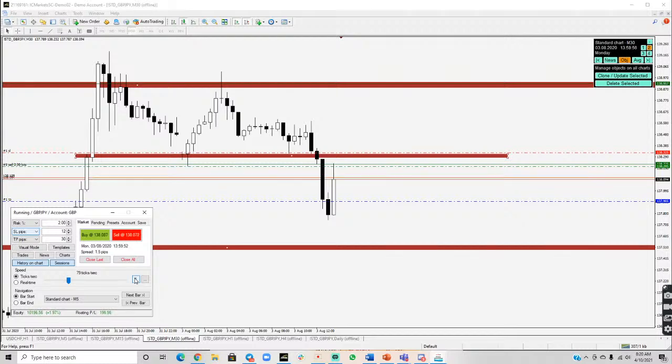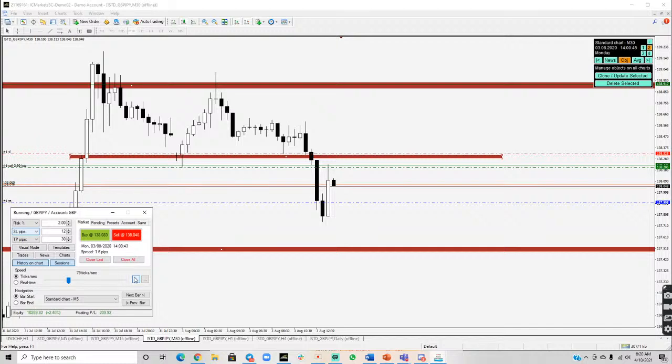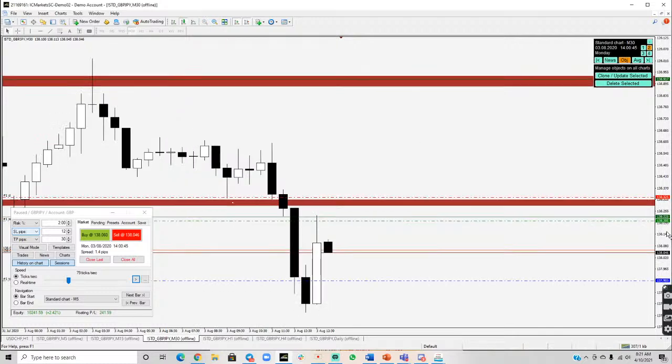All right, so as you can see, we rejected the area right here. So what I'm gonna do now, I'm gonna measure to see how many pips in profit we are at this moment. So at this point, we are 15 pips in profit. All right, so what I'm gonna do now,